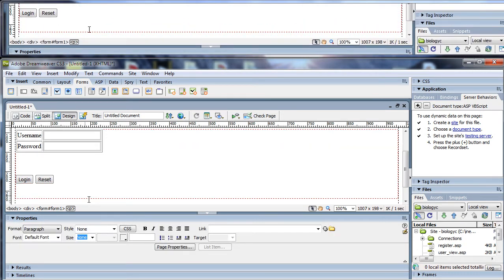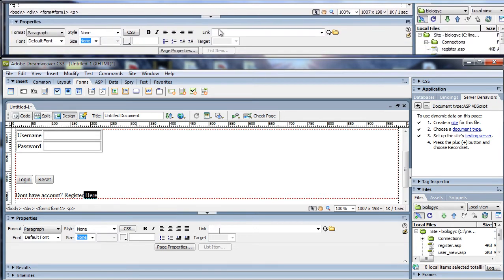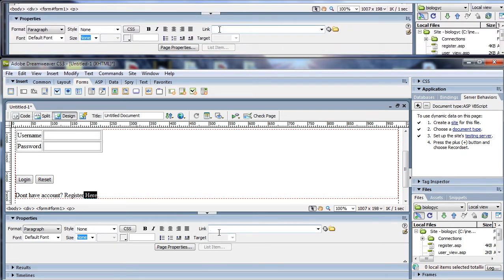Next, provide a link for user to register if they don't have any account yet. Go to link and link it to register.asp.